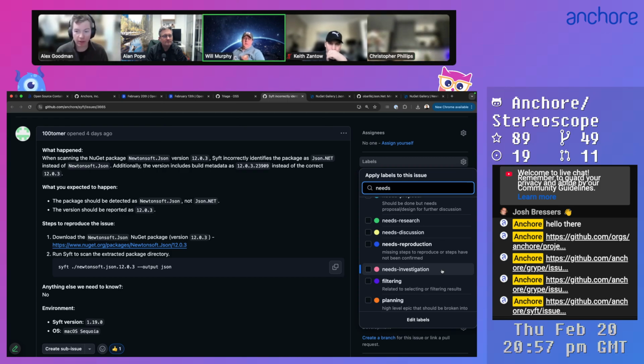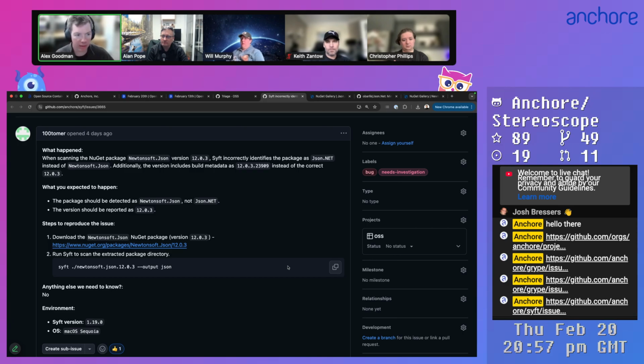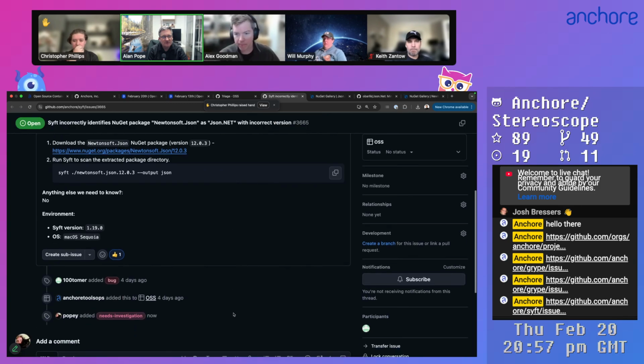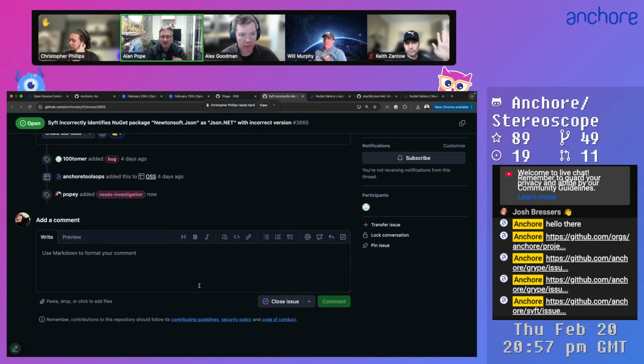So maybe I should be considering this project as another example, because maybe that refactor would fix this issue. And I actually just don't know yet because it hasn't been refactored. So this needs investigation or further research? Yeah, needs investigation. And I'm going to tag this one to the other issue that I'm using as a reason to refactor that cataloger to make certain it's incorporated. Is there a one-line response we can put in here to let them know we've had a look at this and,